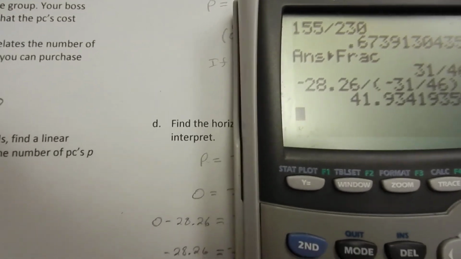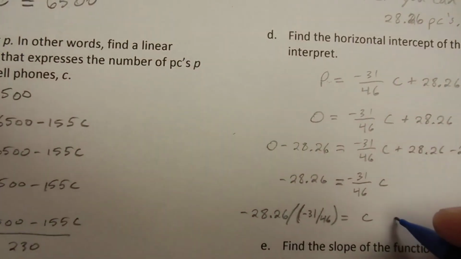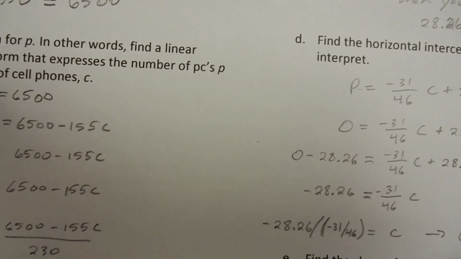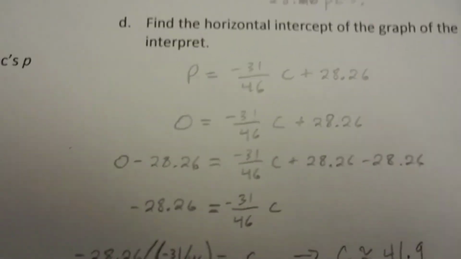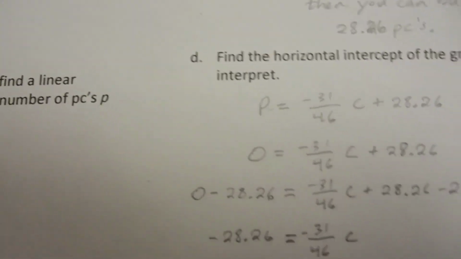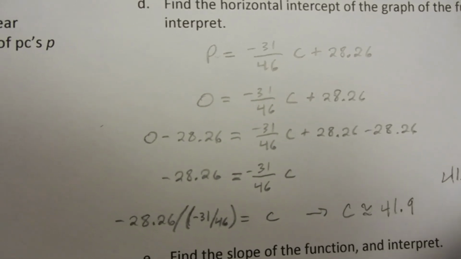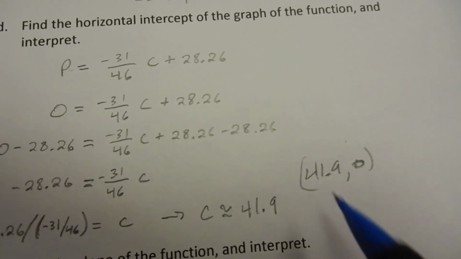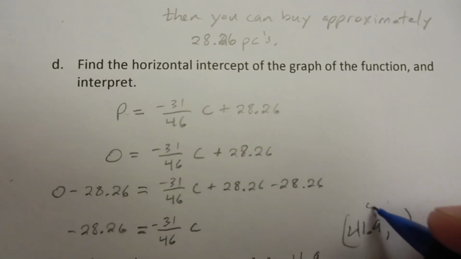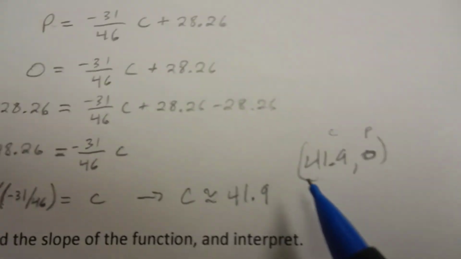So 41.9 we'll call it. So C is approximately 41.9. Well, what does that mean? Here's the horizontal intercept, 41.9 comma 0. All right, so we've got to interpret that. That is a C value and that is a P value. Now I don't have room to write it here, but you would interpret it